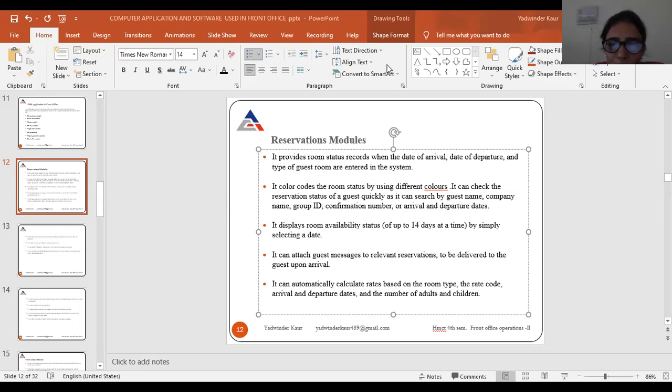So it automatically calculates the rates on the basis of these categories when we select them: room type, rate code, arrival and departure dates, number of adults and children. So automatically we will get the information.